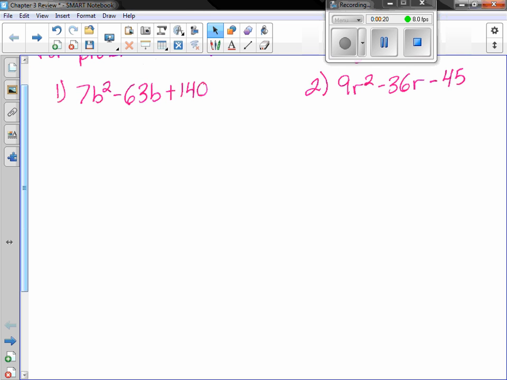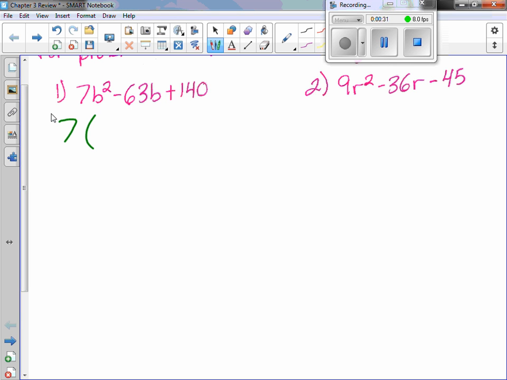Now the first thing we need to do when factoring is factor out a greatest common factor, if there is one. So we look at problem number 1, and we look across these 3 terms, there is a greatest common factor of 7. So we can factor the 7 out. So factor it out of 7b squared, we're left with b squared. 7 factored out of negative 63 would leave us with negative 9b. And 7 factored out of 140 would leave us with 20. We're pulling it out, or we're dividing every single term by 7, whatever that greatest common factor is. So now we got the greatest common factor out,